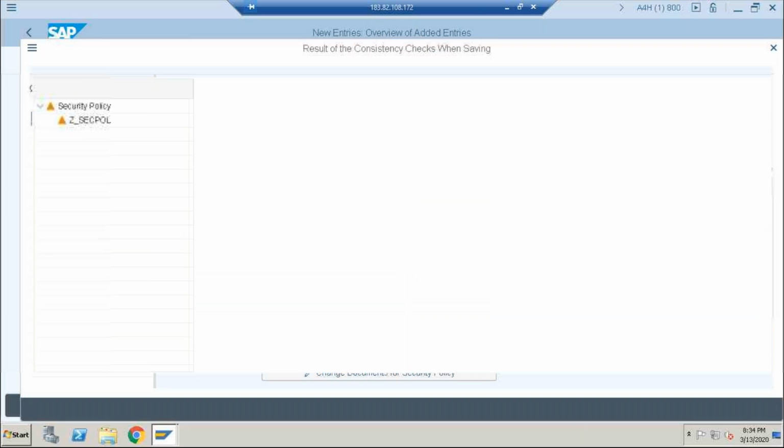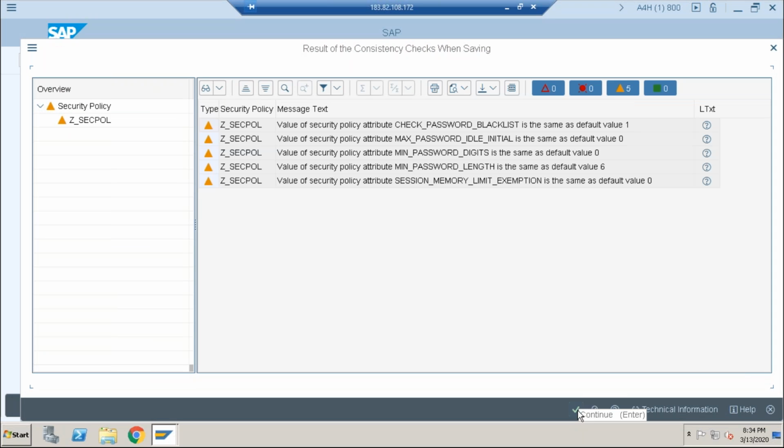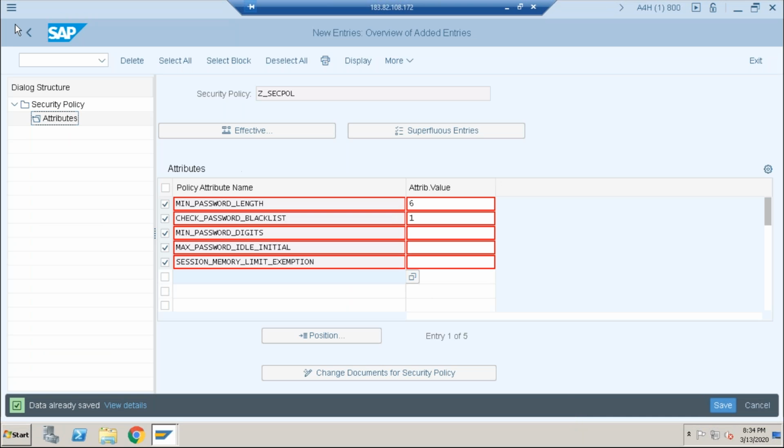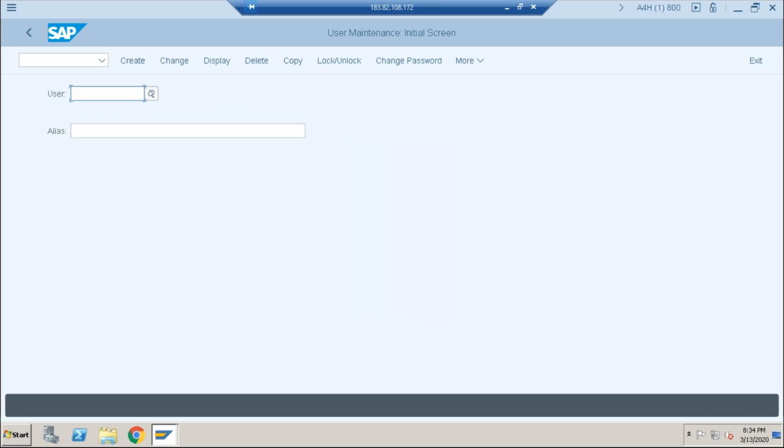Now how to assign this to a particular user ID? We go to SU01. Go for logon data.